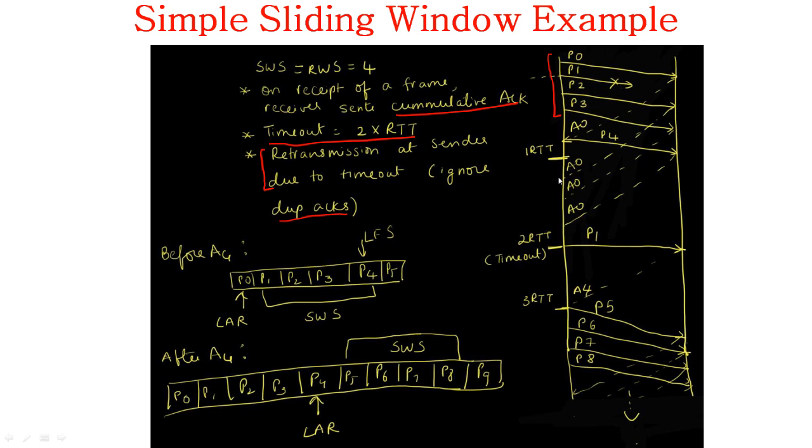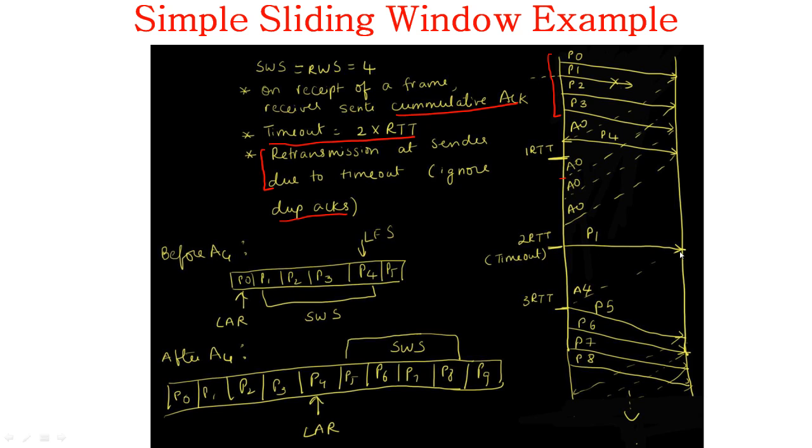Now I've got another acknowledgement for A0. This is a cumulative acknowledgement generated in response to P2. But now, since my retransmission is due to a timeout, I'm just going to ignore these duplicate acknowledgements. So I've got an acknowledgement in response to P2, in response to P3, in response to P4. After some time, I'm going to time out, which is twice the round trip time,